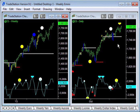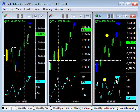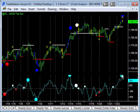And we broke up to 1800 this week. We took our time about it and crept into it on the Monday and on the Friday. But we're continuing to break up. It's a little bit exhausted. It's a little bit overbought at the moment. Let me just show you this on the tip bar charts. So on the tip bar chart, the 40,500, we've got exhaustion with Friday's activity, breaking into 1800,